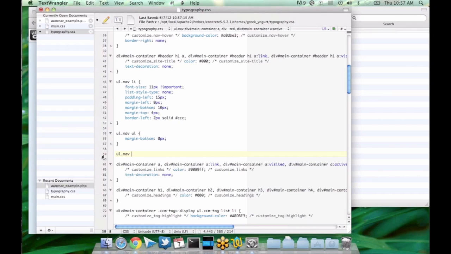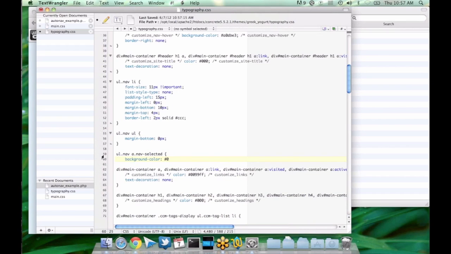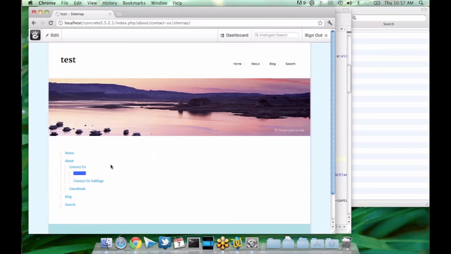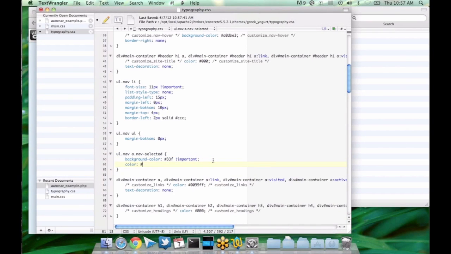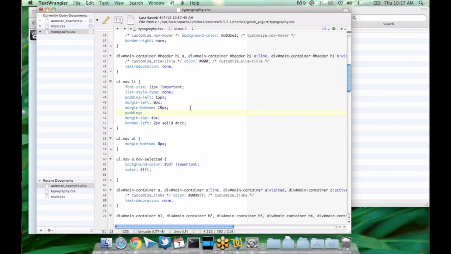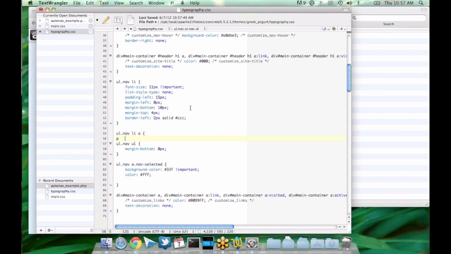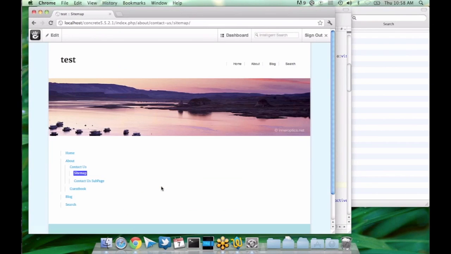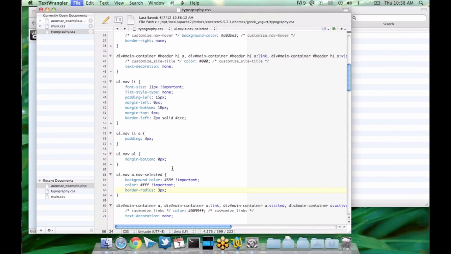So what we're going to do there is nav selected, background color, that that's actually going to work too. And then finally, let's